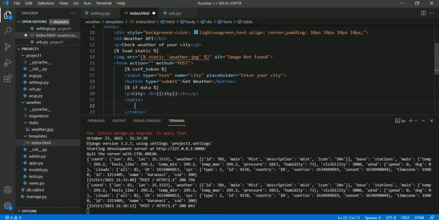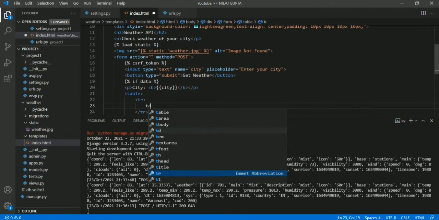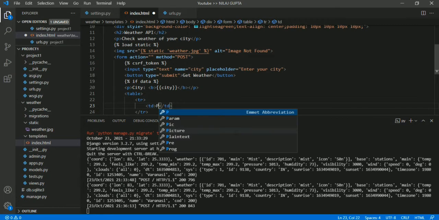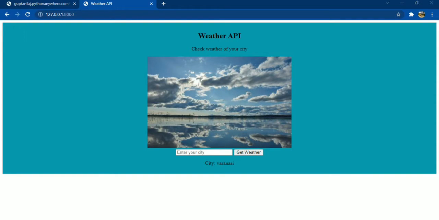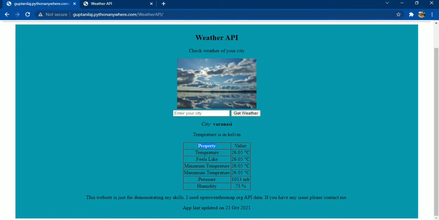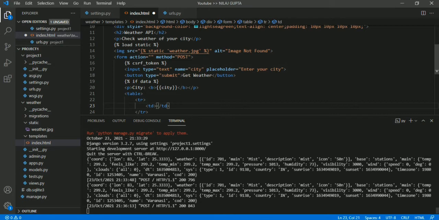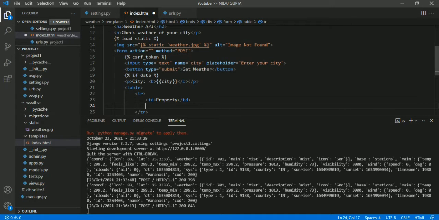And now let's create a table to show the data. Table, and create a row, td, and let's create property and value. You can use thead and tbody also, but I'm just creating a table with property and value.